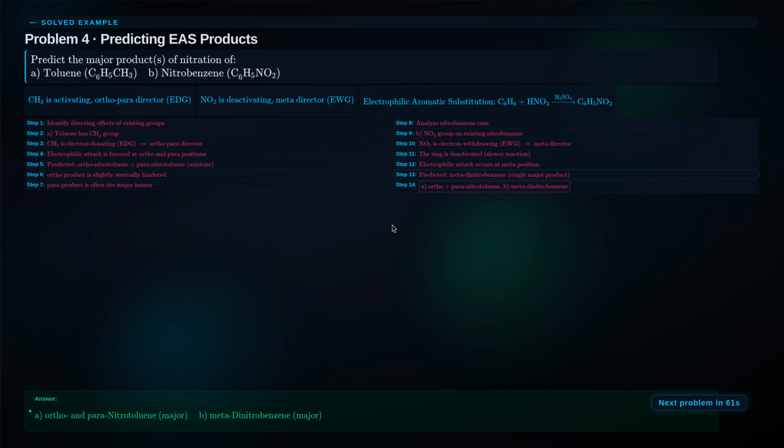Step 2. Analyze nitrobenzene. The NO2 group is electron withdrawing, a meta-director. The ring is deactivated, so the reaction is slower. Electrophilic attack occurs at the meta position. The major product is meta-dinitrobenzene as a single product. The answer: A. ortho and para-nitrotoluene, B. Meta-dinitro